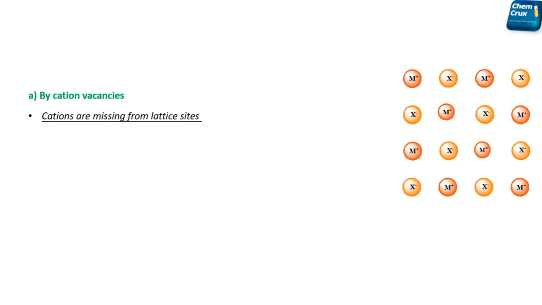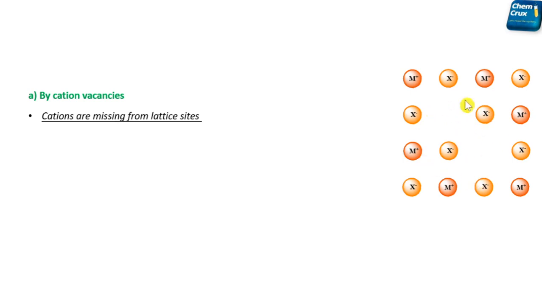So in this type of defect, cations are missing from lattice sites. Here I have considered a perfect ionic crystal. The metal ions here carry +1 charge and the anions carry -1 charge. So suppose two metal ions are missing from lattice sites. Since two metal ions of +1 charge are missing from lattice sites, there is a deficiency of +2 charge